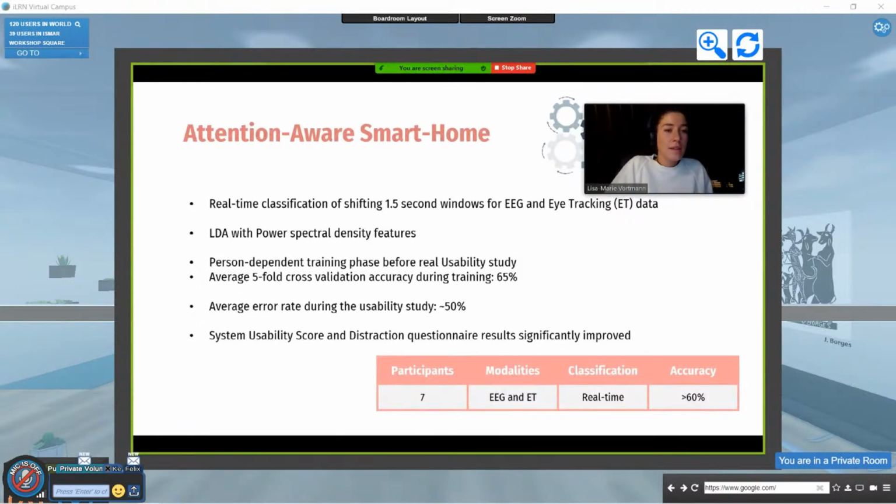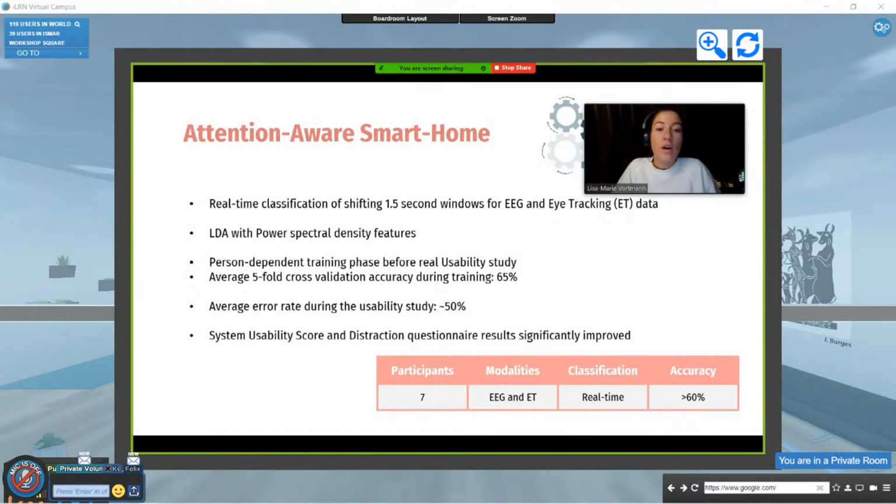And the downside of this study is that we needed a person-dependent training phase before we could do the real usability study. So the main part of the recordings were actually done just to record the training data, and then the usability study itself was not as long anymore. And for this training phase, we got an average five-fold